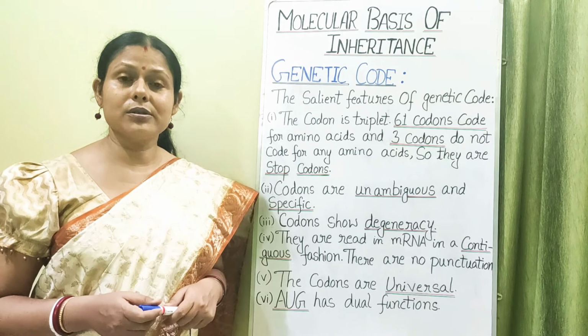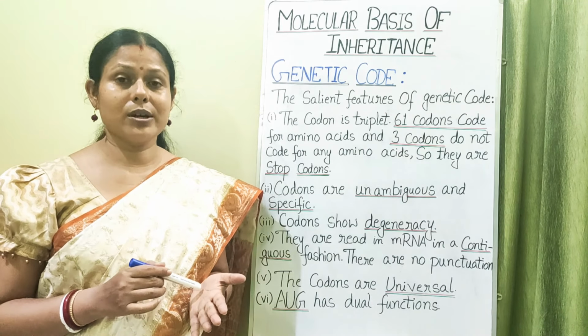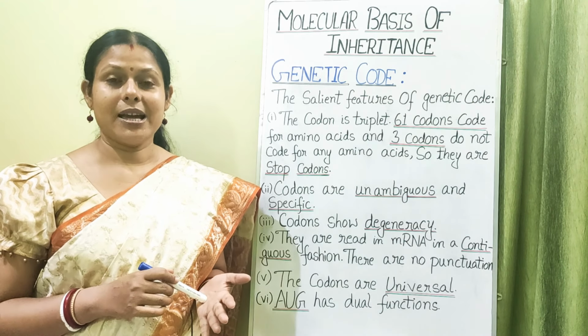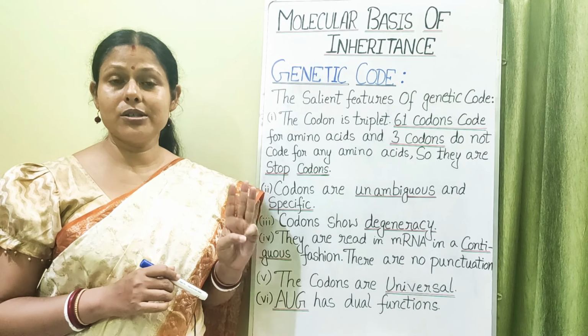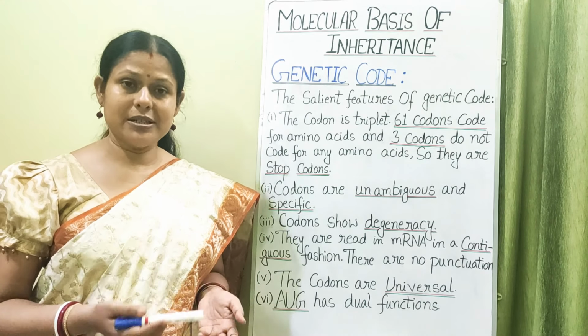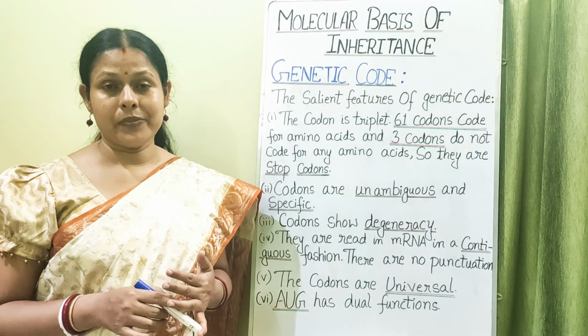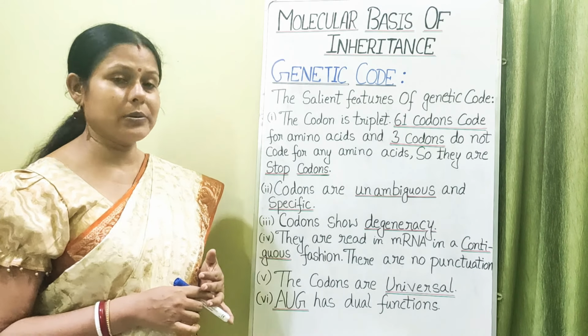And what are these codons? These codons are UAA, UGA, and UAG. So these are the 3 stop codons. They have separate names also. They are known as ochre, opal, and amber. So these 3 codons do not code for any kind of amino acids, but